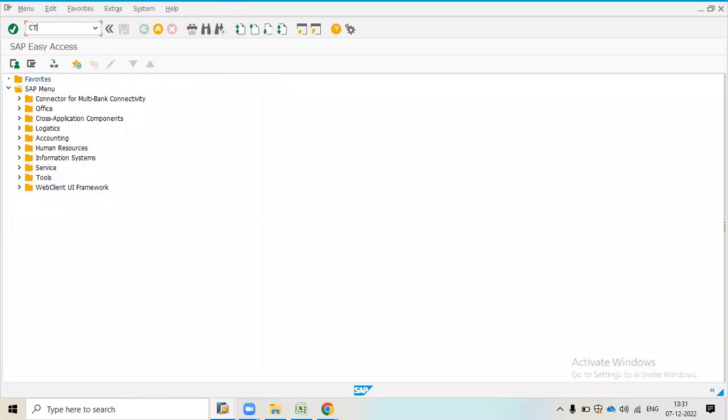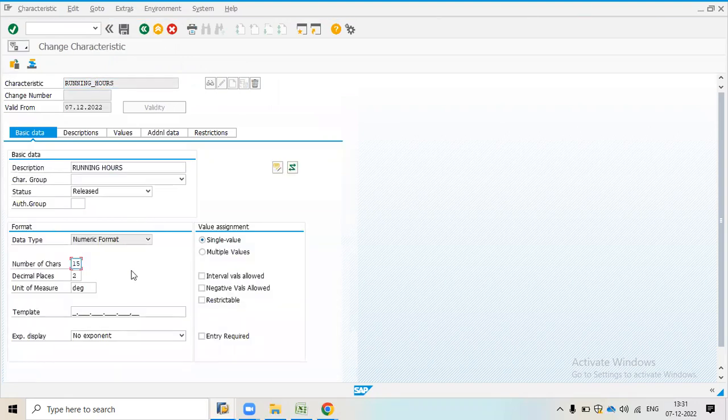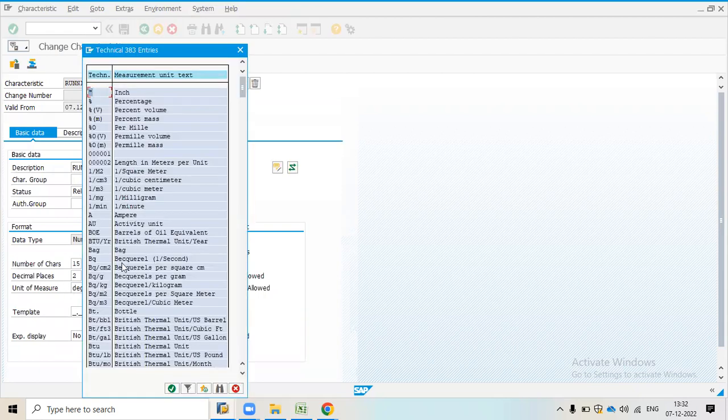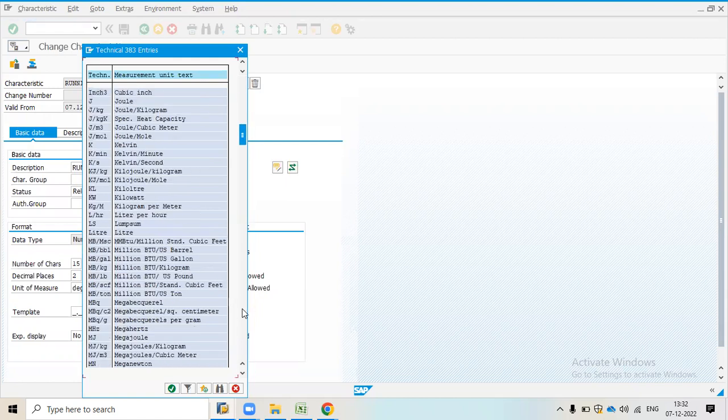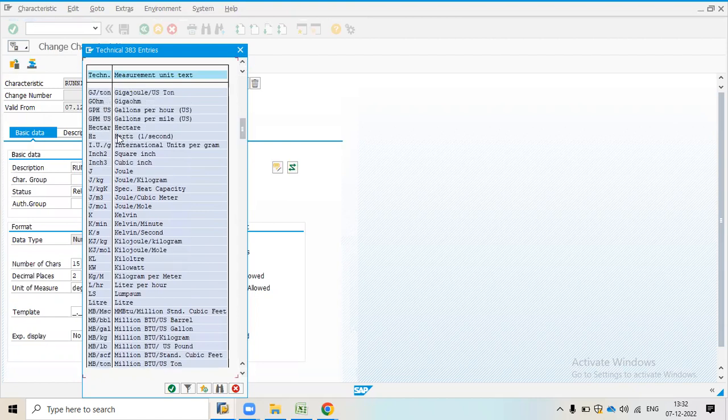CT04 is the T code, and from here I can create RU running underscore HOURS hours. Press enter. So it is automatically created, but the unit of measurement is not correct. Okay, due to this reason I will try to change it. Hours is not given. Hour unit, hour is not given. Due to this reason we are not able to create.